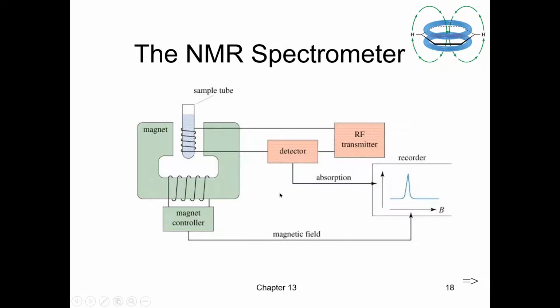So this is the schematic diagram of NMR spectrometer, where this is a sample holder where the compound is placed into the sample holder, then it is placed into a powerful electromagnet, then the sample is now subjected to a radio frequency transmitter, and when these two combine together, there is a production of the signal, and signals are detected, and the absorption of radio frequency will be recorded in the recorder.